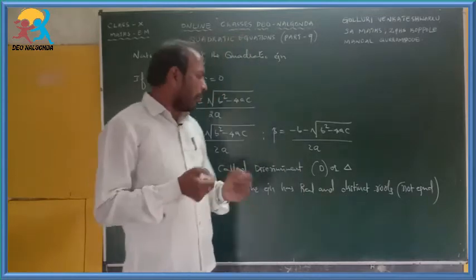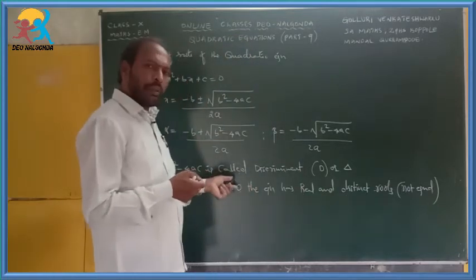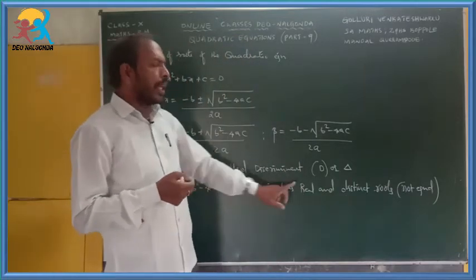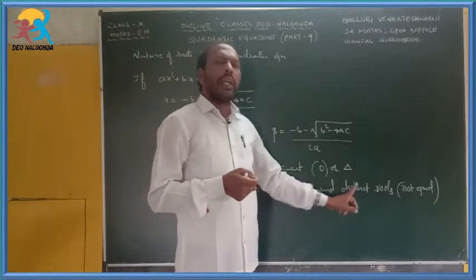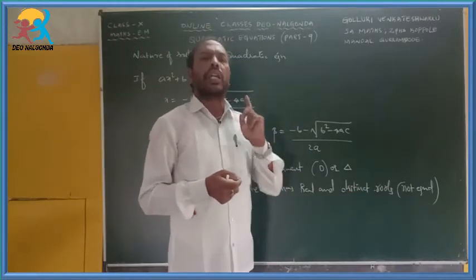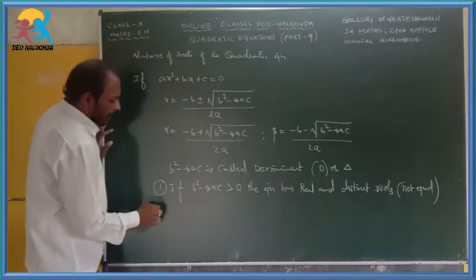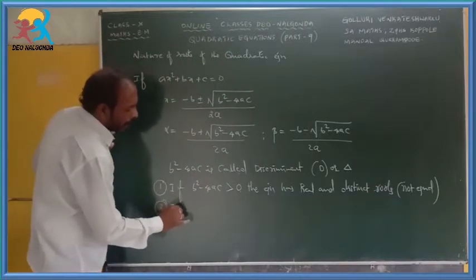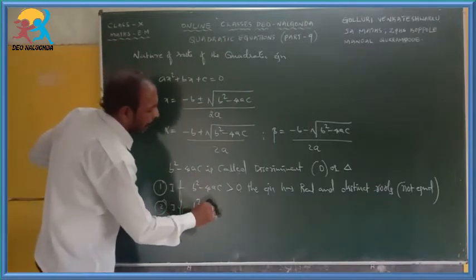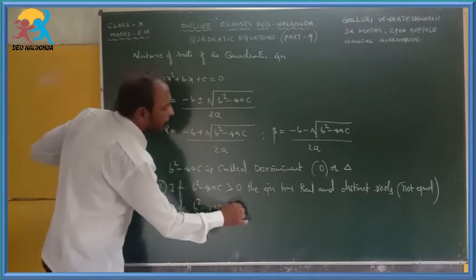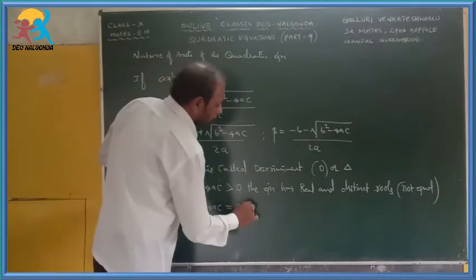If the discriminant value is greater than 0, then roots are real and distinct, real and not equal. So the second case: if the discriminant value b square minus 4ac is equal to 0, then